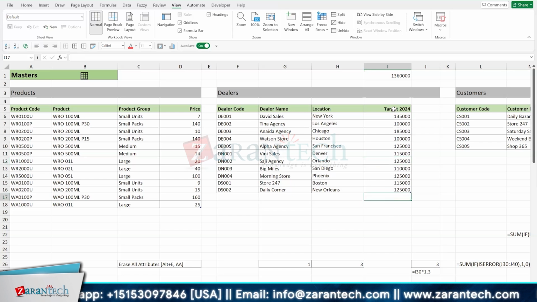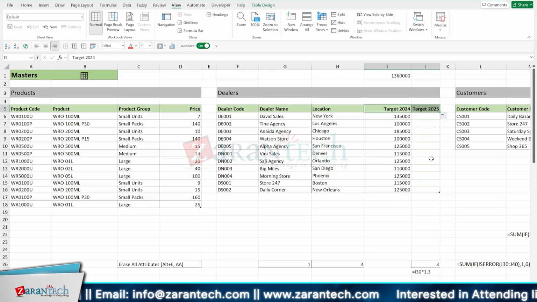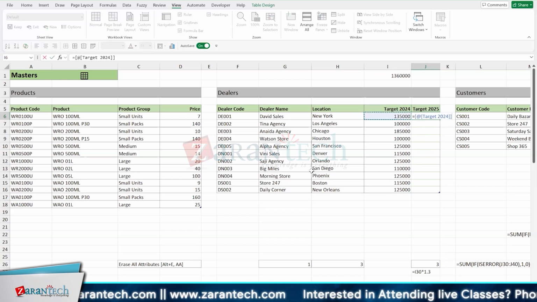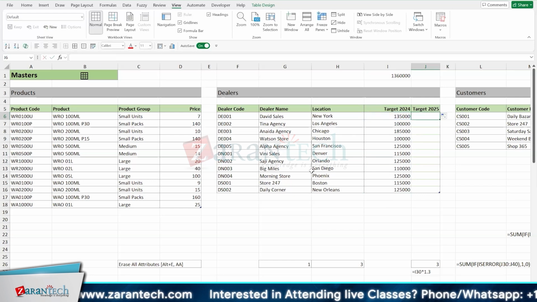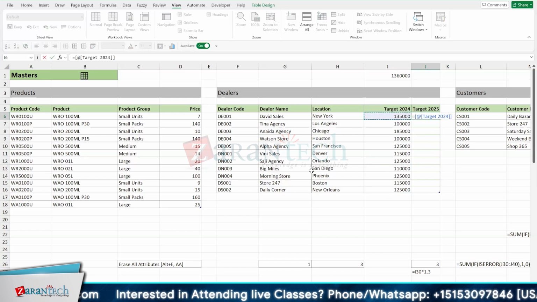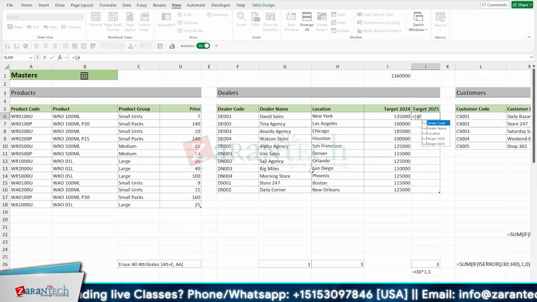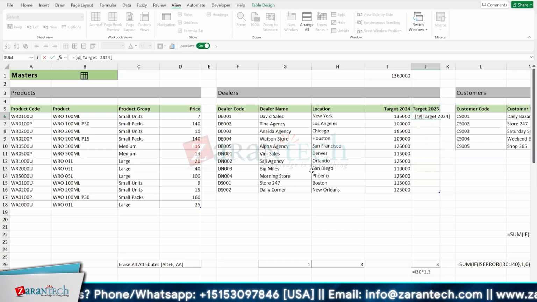Third is when I apply the next column here, for example, target 24 is there, I want to apply target 25. If I apply that here, the column gets extended automatically. And if I say equal to, remember we tried that earlier, it goes to the @ target. So when I specify a cell from the data here, it becomes @ the cell name with the square bracket first and the square bracket afterwards. So I can say equal to, square bracket, @, it then shows me the options available. I can take target 24, close the bracket here,